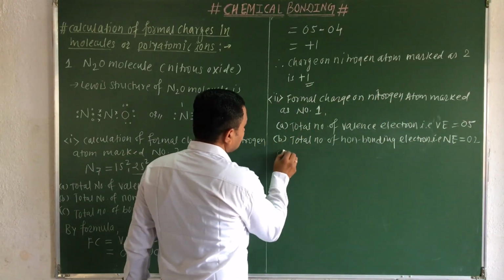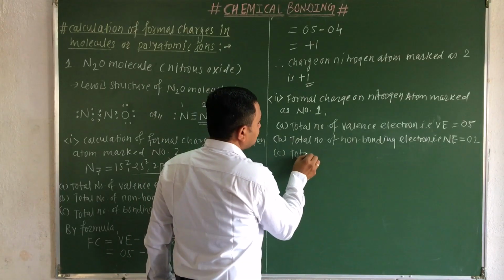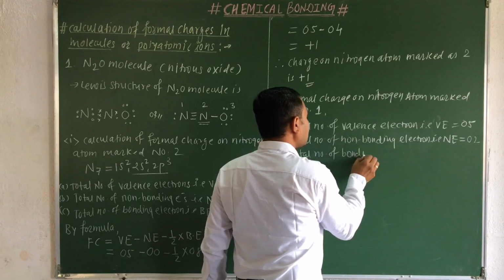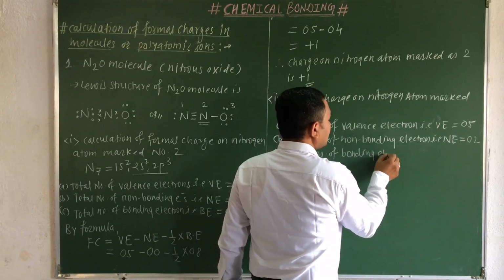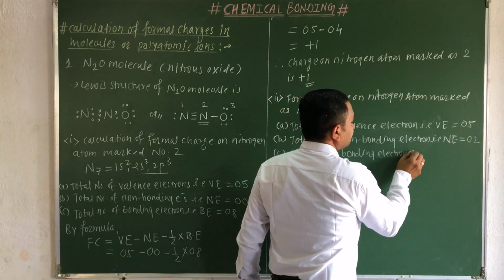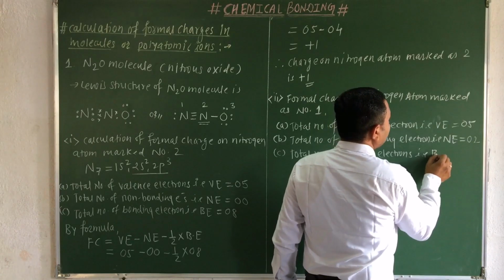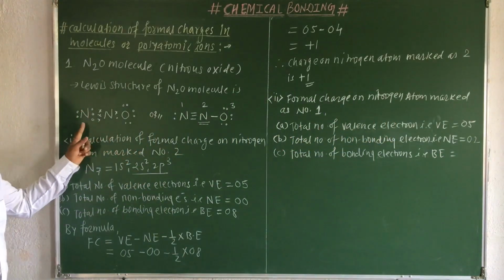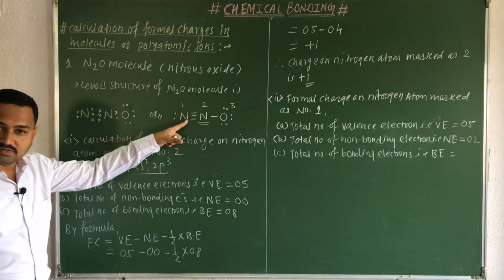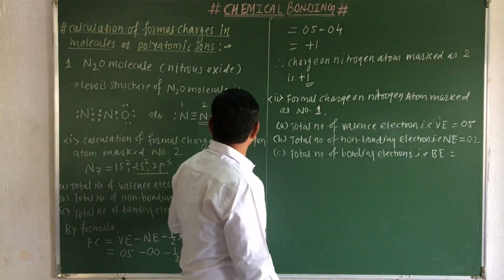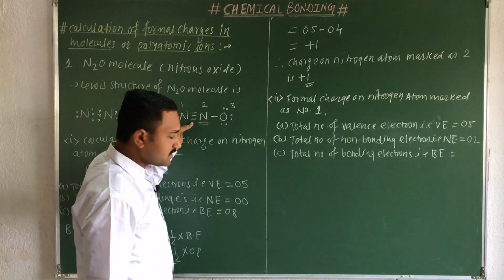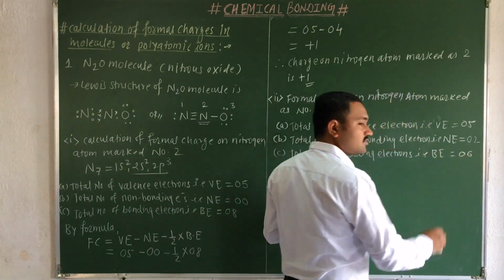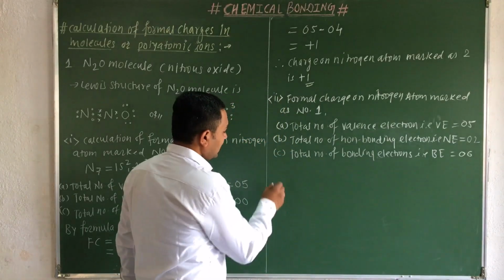Now the third term that we have to consider, the total number of bonding electrons, that is Be, will be equals to how many bonds are formed by this nitrogen atom? You can observe that 3 bonds. Okay, so we know that each bond consists of 2 electrons, therefore 3 into 2 equals total 6 electrons. So again, by applying the formula,